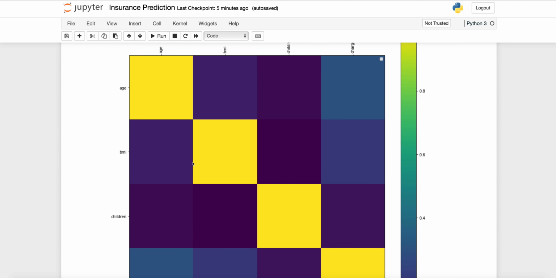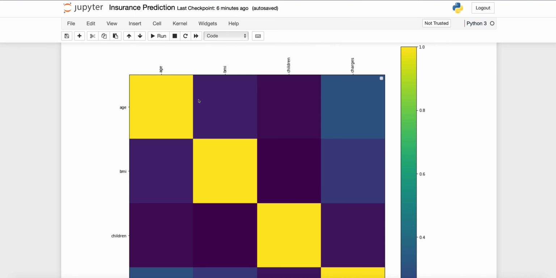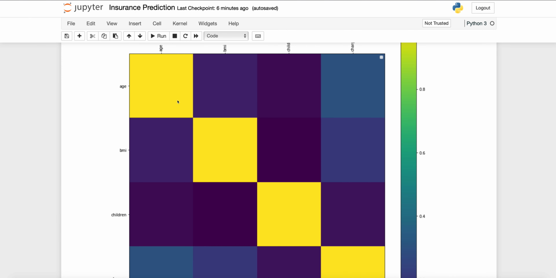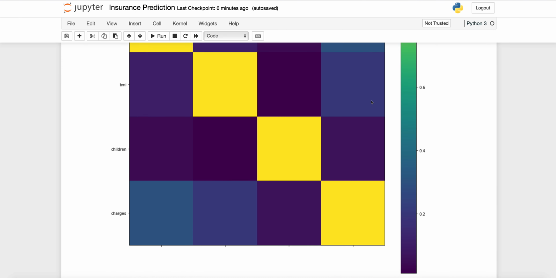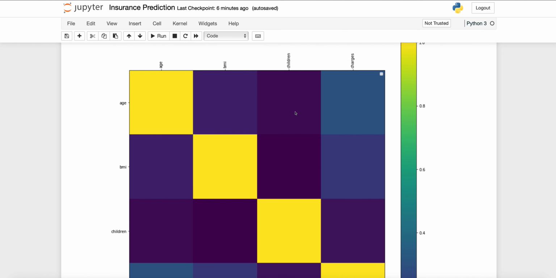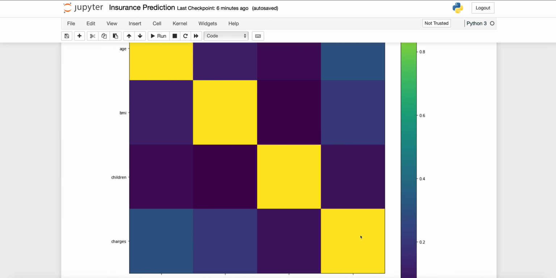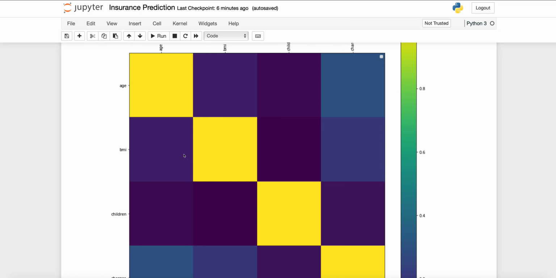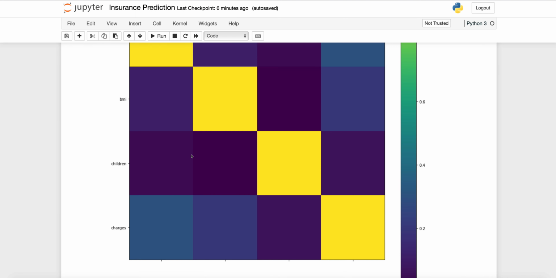So we can see this is our correlation matrix. The color yellow indicates there is a one-to-one relation for those attributes. So age versus age is yellow, which means it's the same attribute and highly correlated, but it should not be treated as actual correlation. Only the dark colors should be treated as correlation. If I look at this purple box, comparing children versus BMI, there is a strong correlation. Likewise, charges has correlation with children, and we can see other attributes as well where correlation exists. So now that we have done the correlation matrix, we're going to go ahead and keep